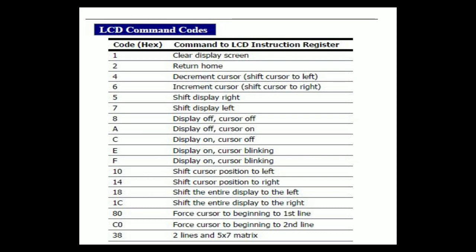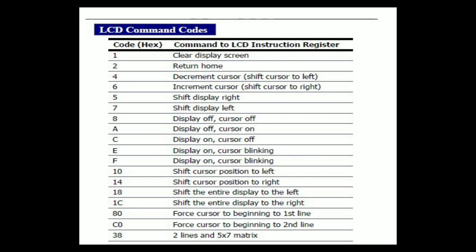Okay, similarly we also use the next one. Suppose for a moment I want to make the display off and cursor also off. Two important things: display is the brightness or light that is emitted, cursor is the blinking. Suppose you want to close all of them, then we use 08. This is normally used for power saving operations. Whenever you don't have anything to display on the LCD, it is obviously suggested that you keep your display off and cursor off. So there we use this particular command.